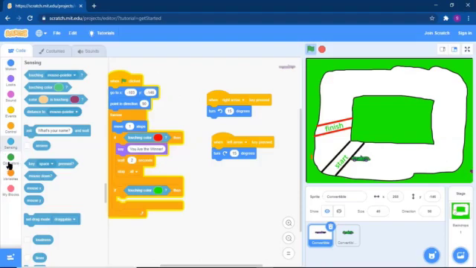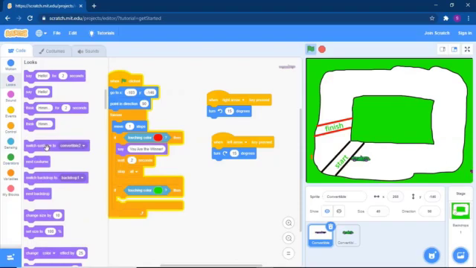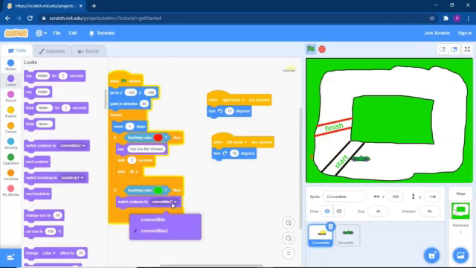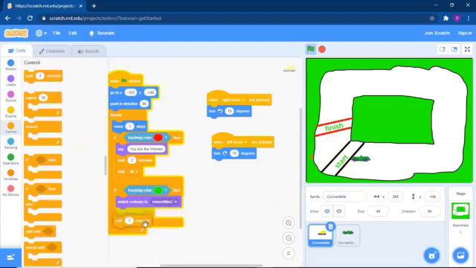It will stop. Before it stops, it will show another costume which you have done. So it will change the costume. Switch costume to which costume? Costume 2. Fine. Okay. Now again it will wait for a few seconds. Wait for 1 second or 2 seconds you can give. Wait for 2 seconds and it will come back to the starting point. So wait for 2 seconds and the script will stop, isn't it?